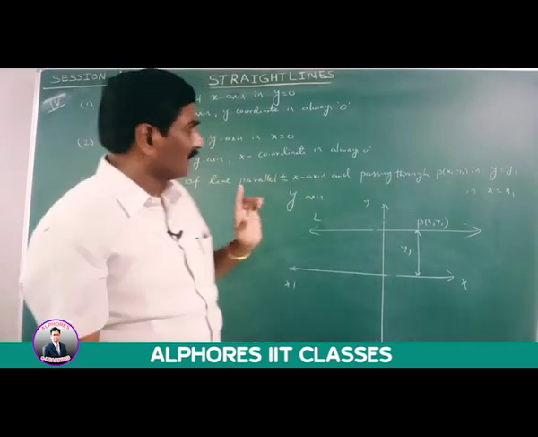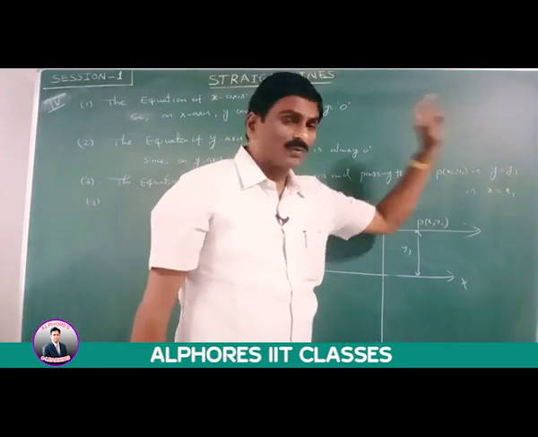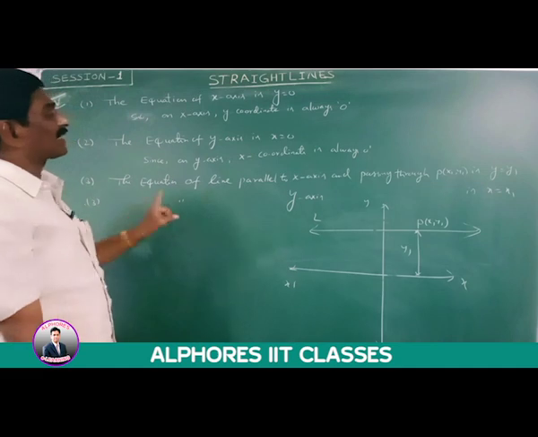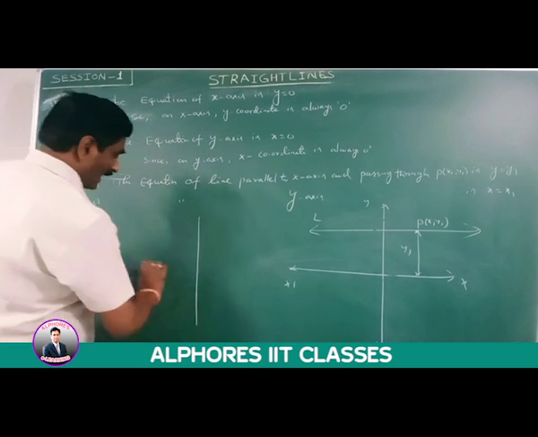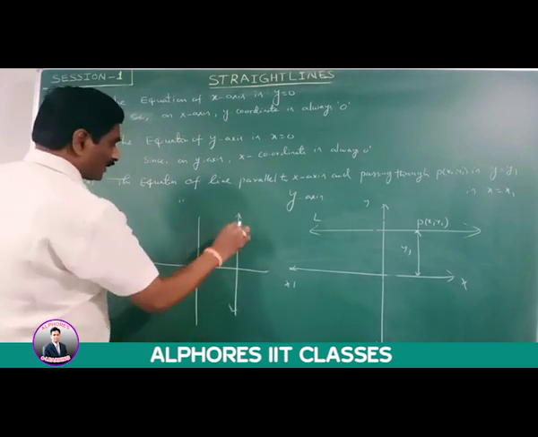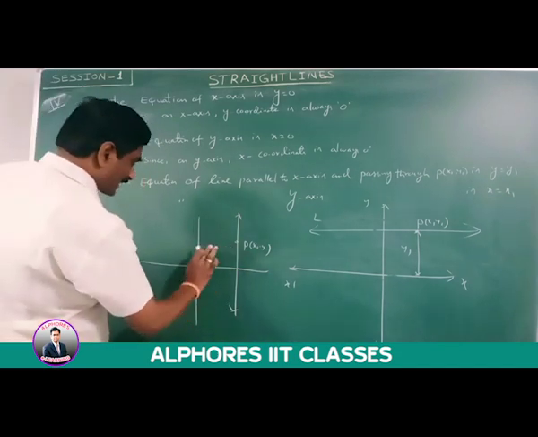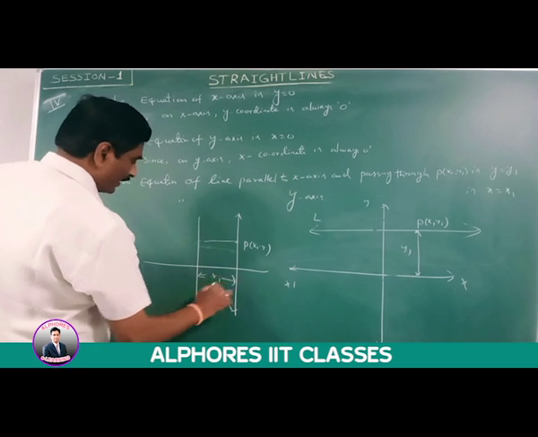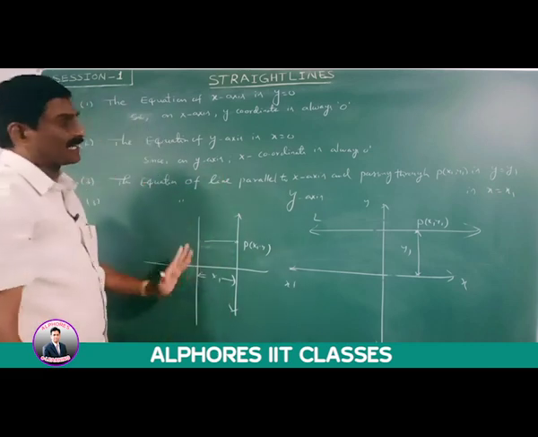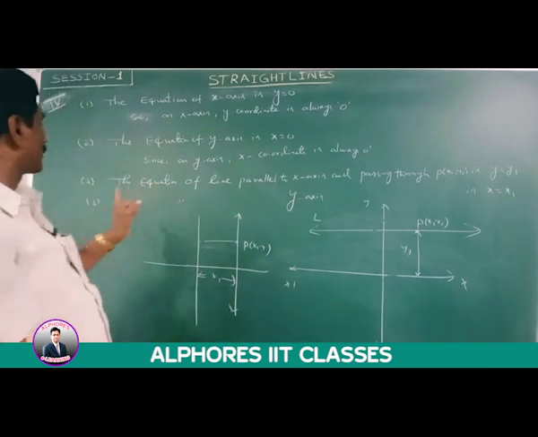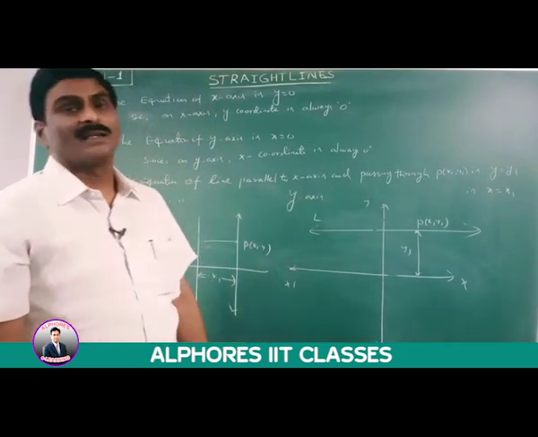Please observe this value. The equation of the line parallel to x-axis and passing through P(x1, y1) is y is equal to y1. Similarly, the equation of the line parallel to y-axis and passing through the point P(x1, y1). In this case, the diagram is in this way. Parallel to y-axis means in this way. It passes through P(x1, y1). What is this distance? This distance is nothing but x1. These two are parallel. That means the distance is always constant. That means x coordinate is always constant. That is x is equal to x1. Please note this value. The equation of the line parallel to y-axis and passing through the point P(x1, y1) is x is equal to